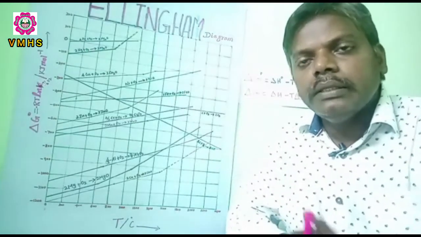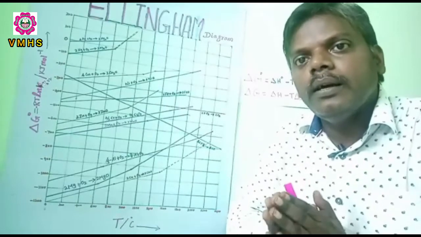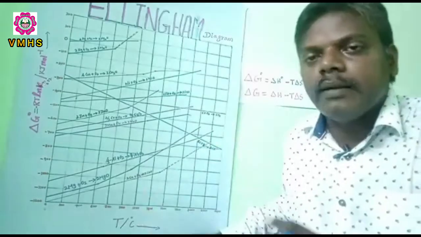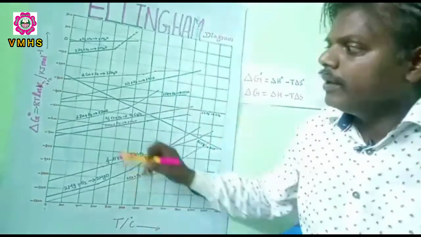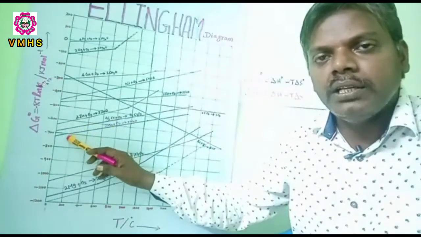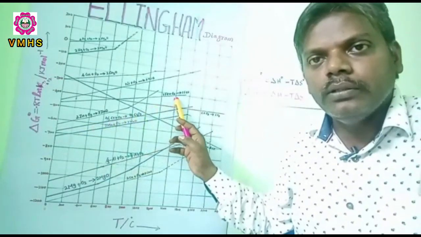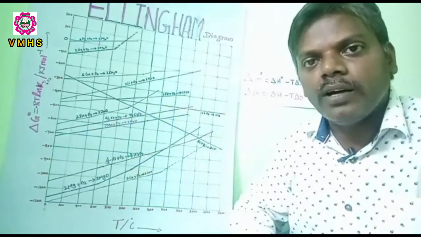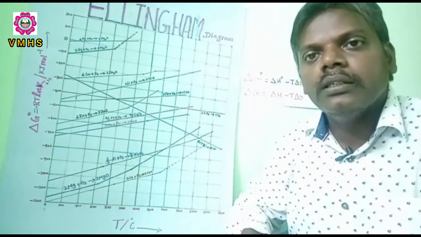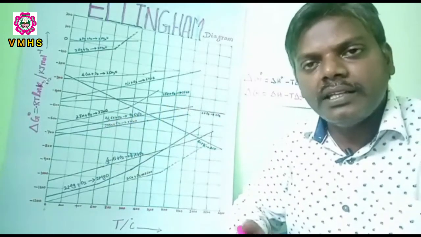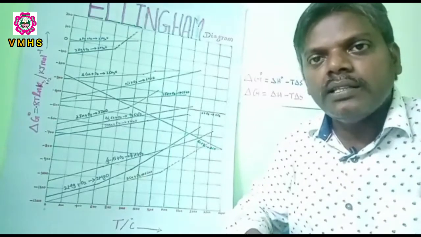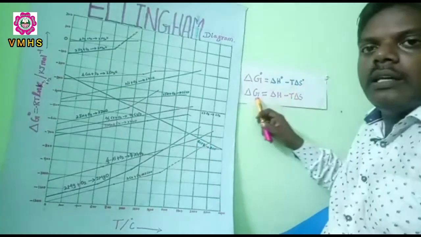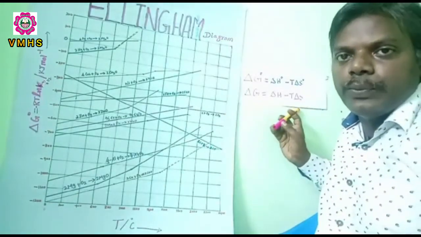So students, in this session we analyzed what the observations in the Ellingham diagram are. The first observation is, for most of the metal oxide formations, the slope is positive, and this is because oxygen is consumed for the formation of the metal oxide, which results in a decrease in randomness. If there is a decrease in randomness, then the T delta S term in the delta G value becomes positive.